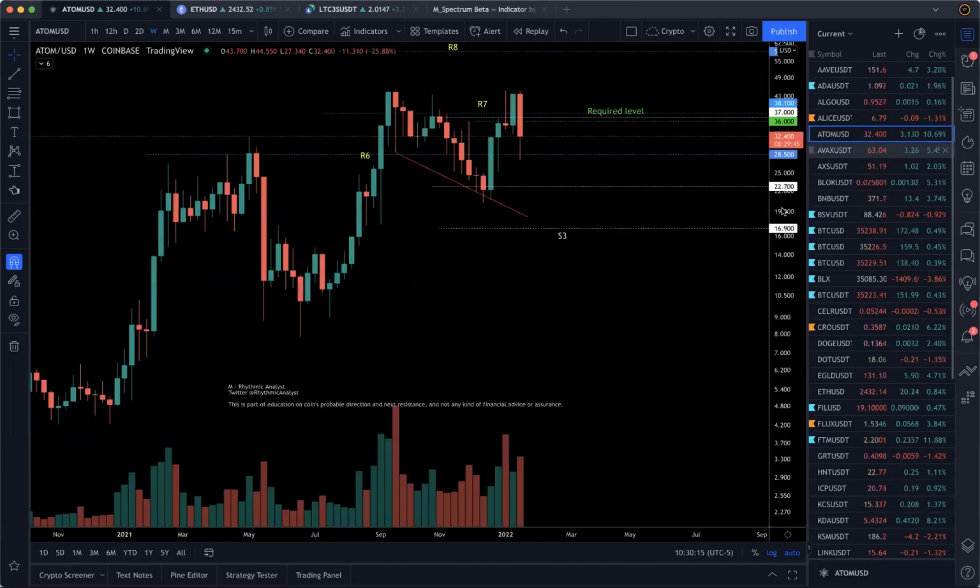Atom went up by 10%. Remember, there are a few coins that are going to go up rapidly as soon as BTC stops falling. It's their nature, and this is very important. These coins follow Bitcoin down, but the moment BTC stops, they recover quickly. This is the behavior I observed, and that's why you see Atom